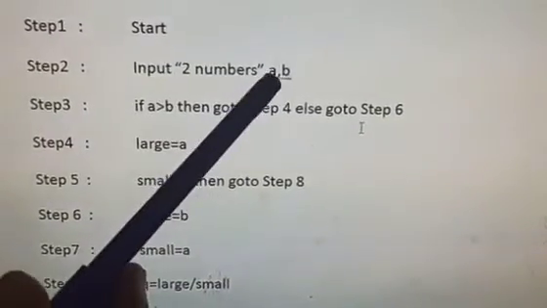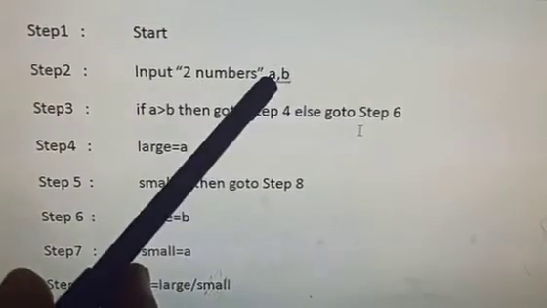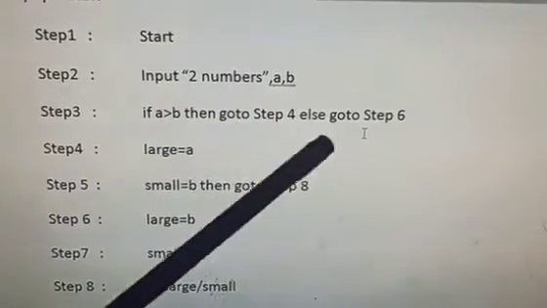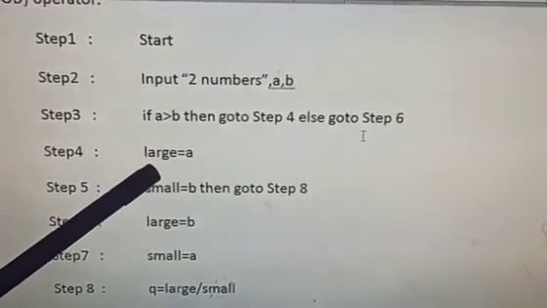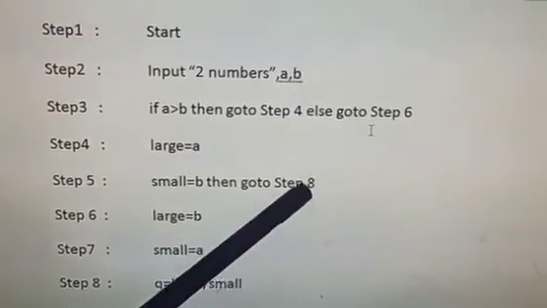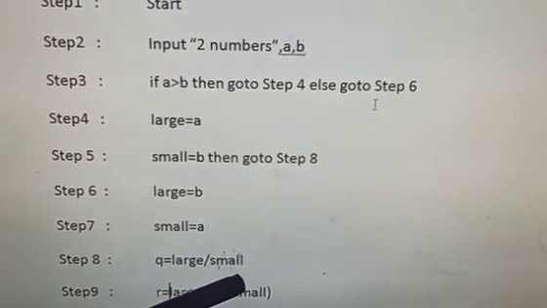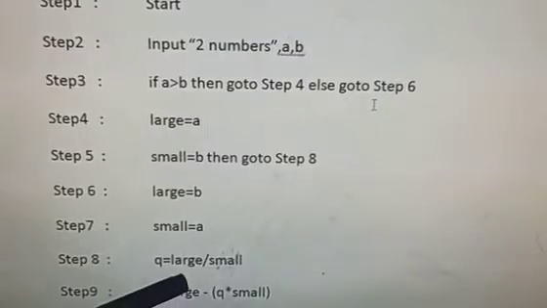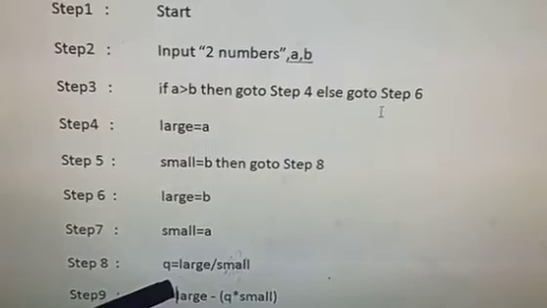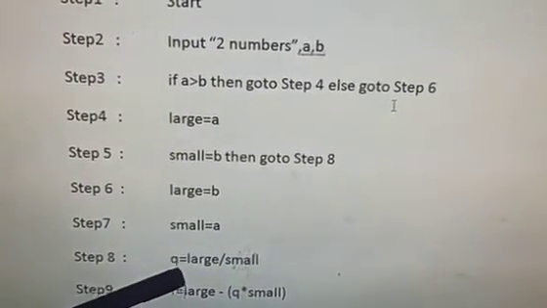So whatever largest number you have assumed, you can use here. Suppose the two numbers you can assume are 10 and 7. So 10 we are storing in a and 7 we are storing in b. So if this is true, in this case the condition is true, so large equals 10 and the smallest will be your 7. So after that go to step 8. So directly we are coming here and we are doing this 10 upon 7. So here we are supposed to find the quotient. In that case the whole number will be your quotient, that is 1 here.